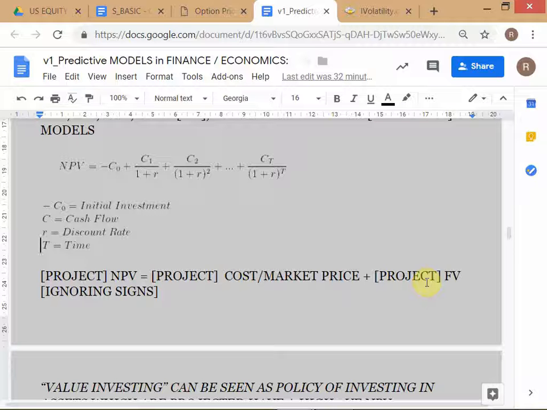Otherwise some people might say this is not a model because it's not complicated enough. Even this is a model. X is equal to A minus B, that's also a model. Does it describe a mathematical relationship between a set of inputs and a set of outputs? Here the set of outputs has only one element and the set of inputs has two elements. So the way to think about it is that the NPV model is written like this.